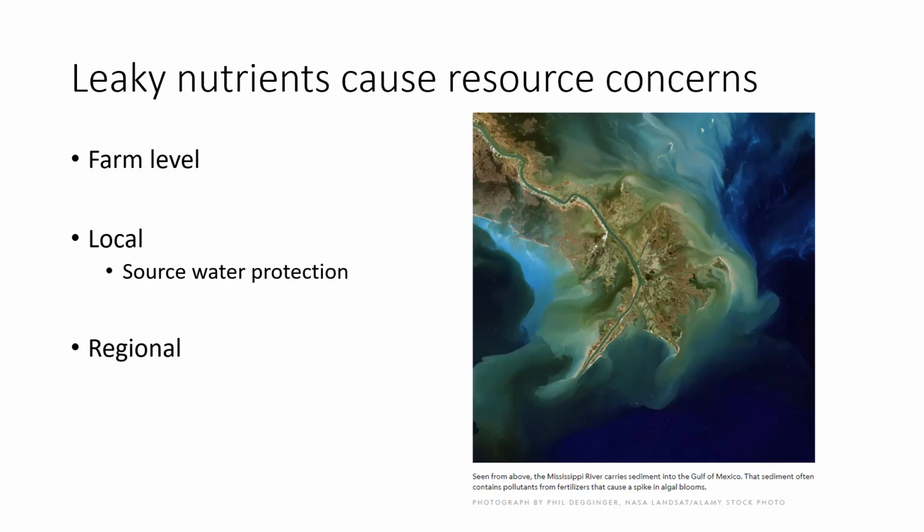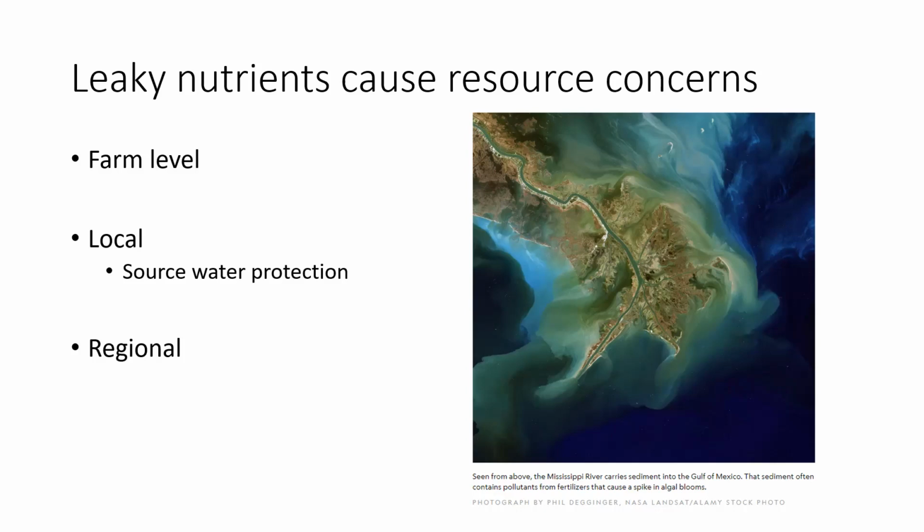Locally, communities rely on surface water bodies for their drinking water or very shallow wells. In Iowa, for instance, the most famous case is probably the Des Moines Water Works, where they sued upstream communities because their drinking water source, the Raccoon River, was exceeding the maximum load or the recommended 10 parts per million for drinking water, and that obviously is a very high concern. And so that's why we're trying to figure out these practices that can work with those drainage systems and pull